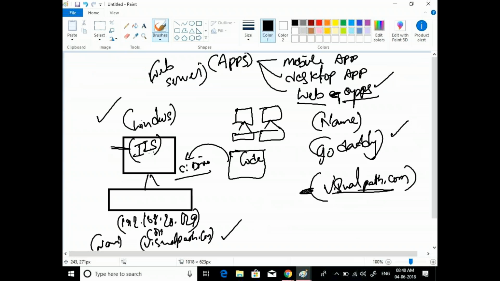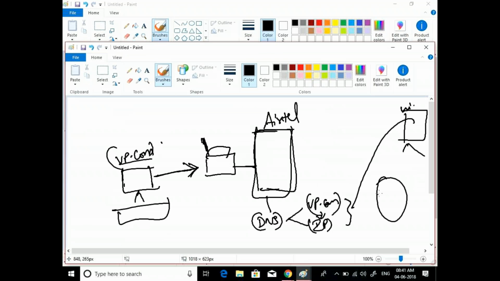The IIS machine. The request comes to this particular machine, and whatever data or code that we put inside the C drive will be reflected back to this particular ISP provider, and then similarly the response comes back to your local machine, and then you are able to see the page in your Google Chrome browser. This all happens in a fraction of a second. Okay, this is completely web development.